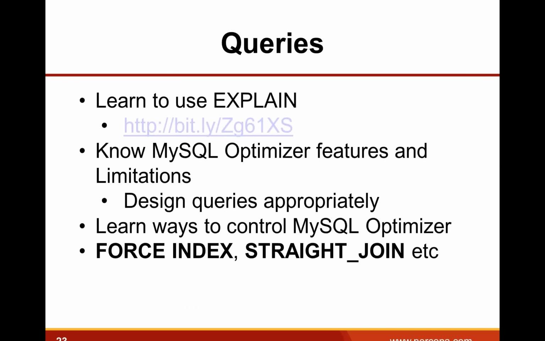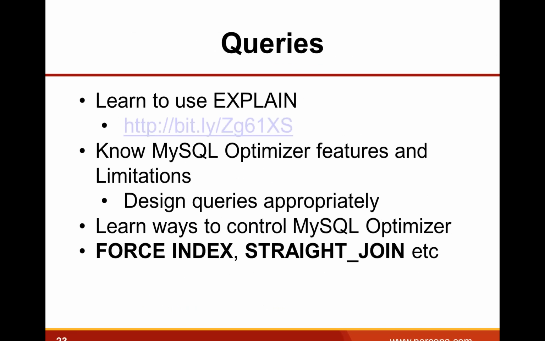Another thing to note is that you want to know what kind of MySQL optimizer features exist out there, what queries MySQL can optimize well, and what limitations it has, and design queries appropriately. For example, for years, we could not design certain subselect queries with SQL. It would produce a very easy to read and simple query, but MySQL just wouldn't run them well, so we have to figure out how to change them to joins, or maybe to multiple queries to make sure MySQL is able to execute them well.